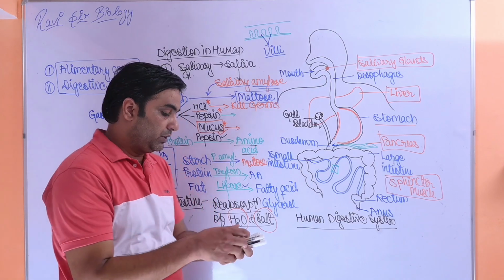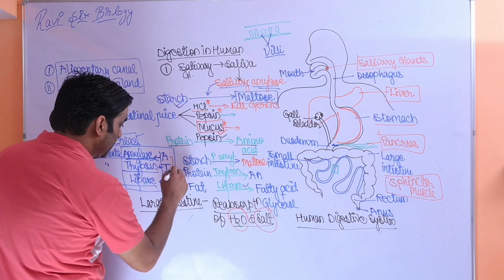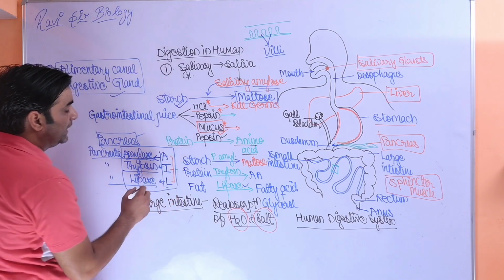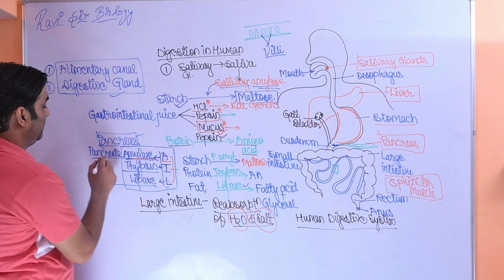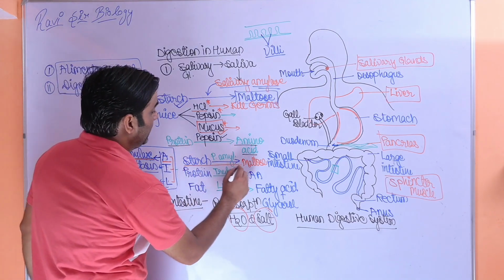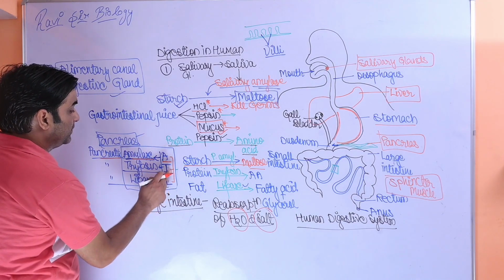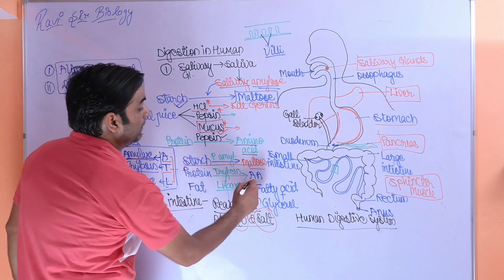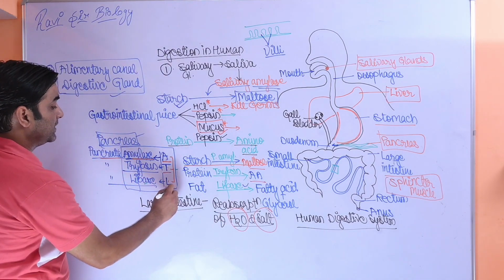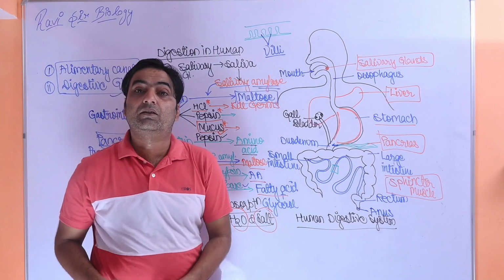जिससे आपको इसको याद करने में आसानी होगी। फॉर्मर प्रेसिडेंट, ऑनरेबल प्रेसिडेंट अटल बिहारी वाजपेयी जी, उनके नाम से ATL। A फॉर एमाइलेज, पैंक्रियाटिक एमाइलेज, और वो स्टार्च को माल्टोज में कन्वर्ट करता है। T फॉर ट्रिप्सिन, ये ट्रिप्सिन प्रोटीन को एमिनो एसिड में कन्वर्ट करता है। और L फॉर लाइपेज, जो फैट को फैटी एसिड और ग्लिसरॉल में कन्वर्ट करने का काम करता है।